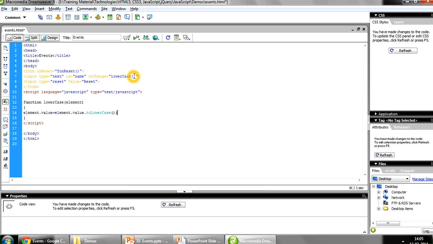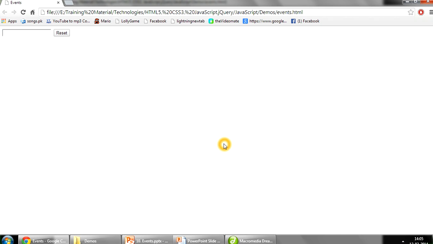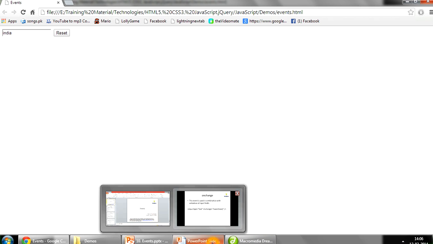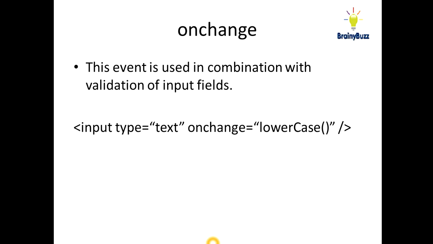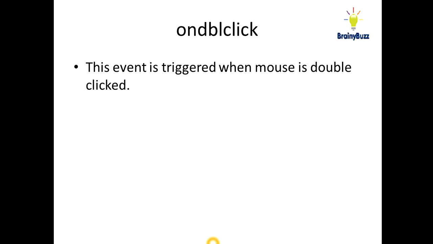So in this, let me pass this. So let's save it, and whenever you refresh it, so now you have this, it has changed to the lowercase. So whenever you change something, you can put the validations on this.